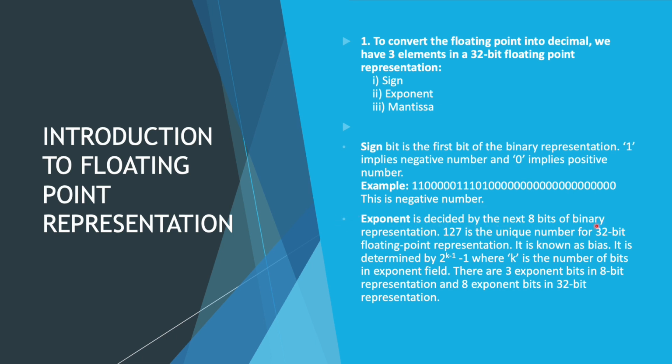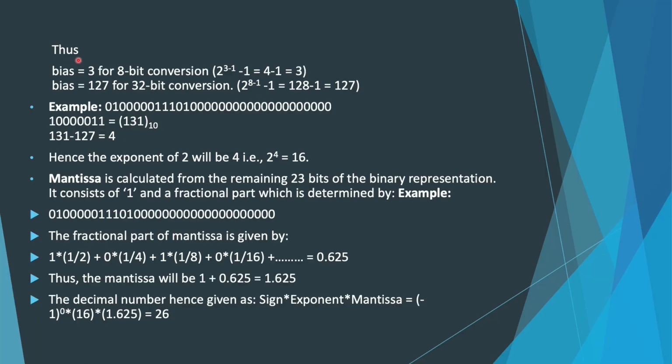Exponent is decided by the next 8 bits of the binary representation. 127 is the unique number for 32-bit floating point representation. It is known as bias. It is determined by 2 to the power k minus 1, minus 1, where k is the number of bits in the exponent field. There are 3 exponent bits in 8-bit representation and 8 exponent bits in 32-bit representation. Thus, bias is equal to 3 for 8-bit conversion, which is determined by this formula, and bias is equal to